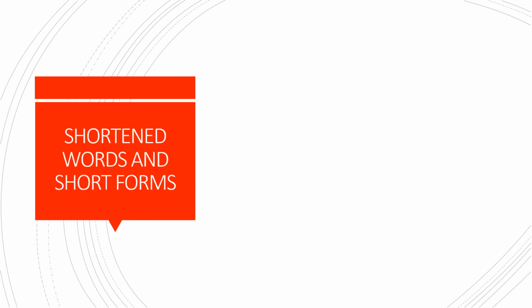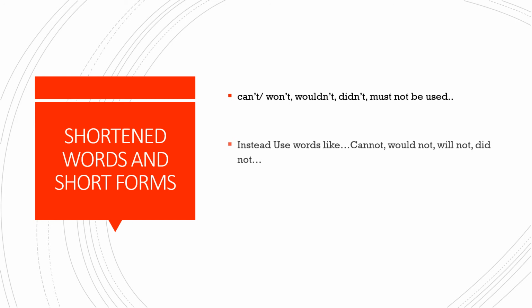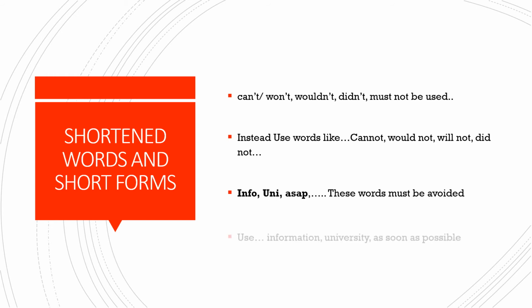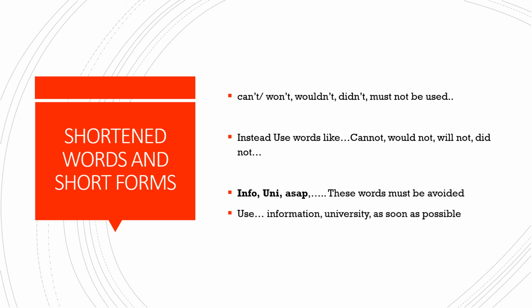Here we go with the next slide, that is shortened words and short forms. This is quite known to everybody, every student, that you need not use any kind of short forms here. So shortened words are the words such as info for information, uni for university, and ASAP for as soon as possible. So try not to use these kinds of words because these words are sloppy in writing and mainly used